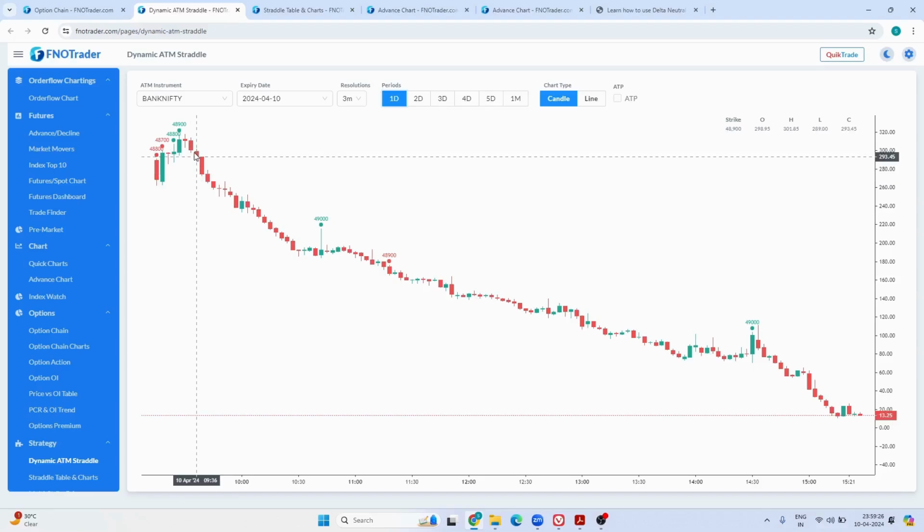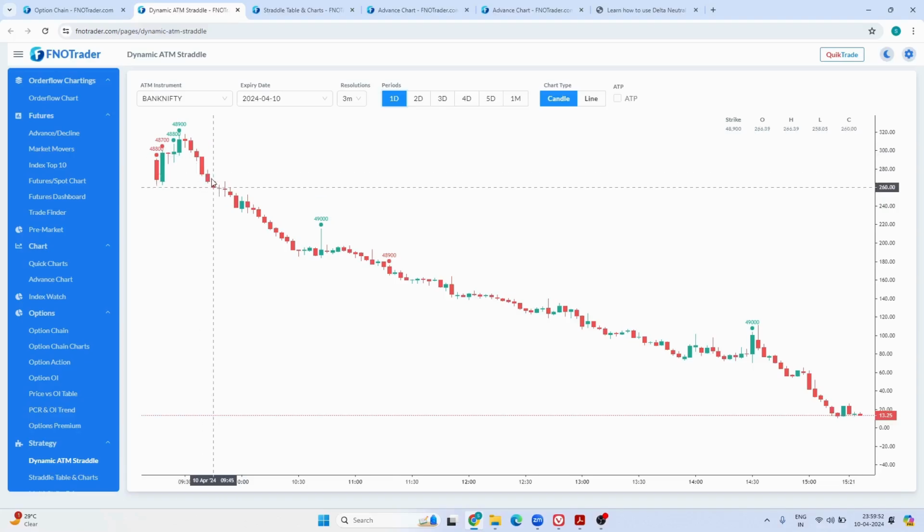And then which strike will you enter? You will enter somewhere in 48,900. Okay, and that is the strike that is currently there, and you will start trailing the straddle prices. Okay, you don't have to put each leg 20%, 50% SL, all of that. Okay, you trade very